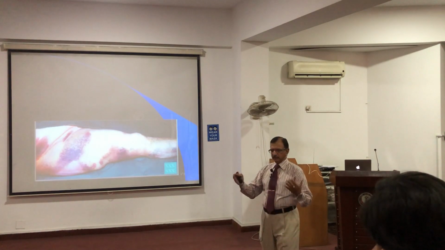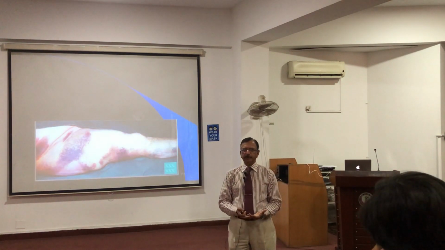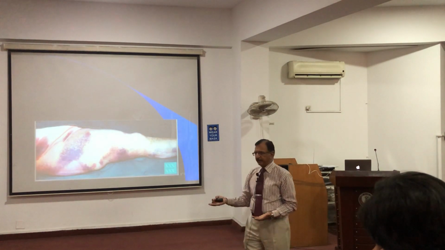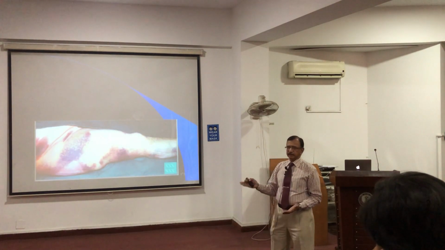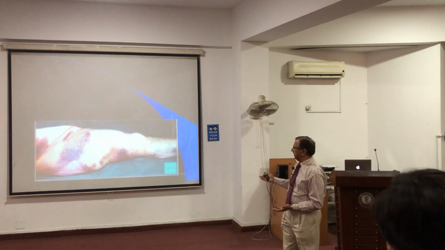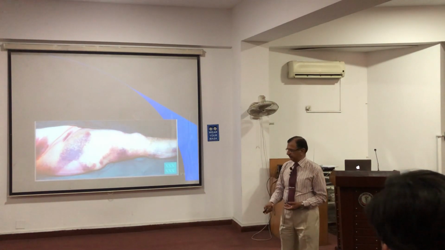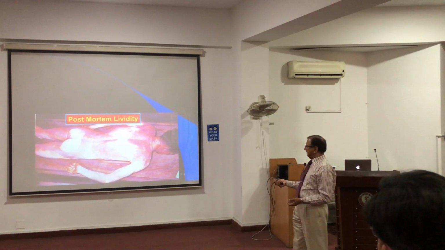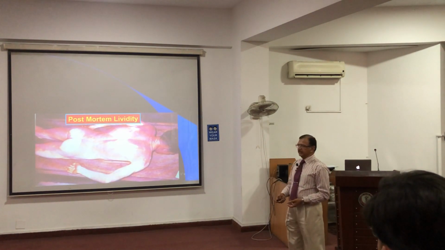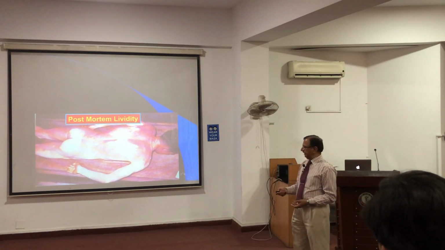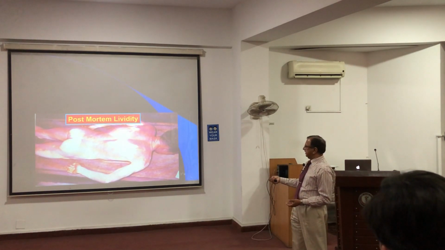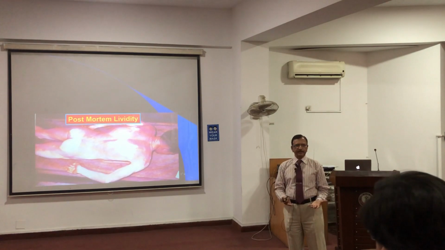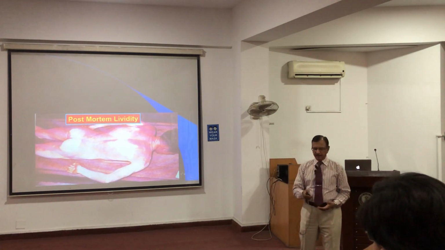Postmortem staining is pooling of the blood due to the effect of gravity on the dependent surfaces only, whereas the bruise can be anywhere. It can be on the front, on the side, on the back, at the site of infliction of the weapon. And this is the postmortem staining at the back, and it appears on the areas which are not in contact. The contact areas are bleached because of the weight of the body. The vessels are compressed, and the postmortem staining will not be visible there.